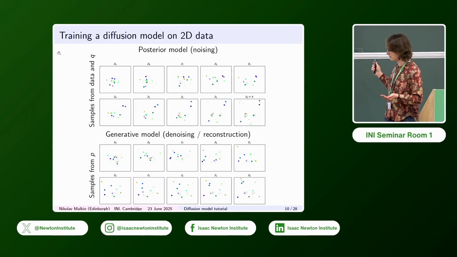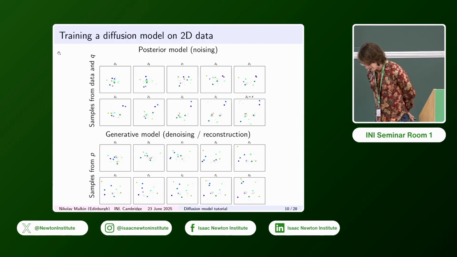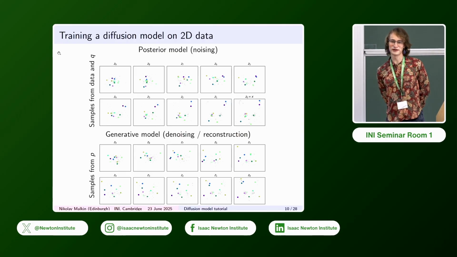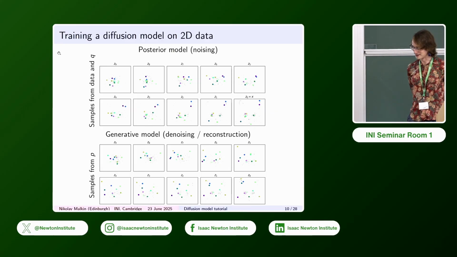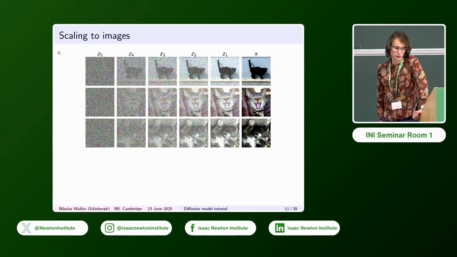But if I had fit perfectly and done many steps, then I would recover exactly the original data distribution, the original data set. So that's all. That's really all a diffusion model is. Now, there are of course many more connections and things to be said. So let's go there. Now, I showed you a 2D cat,